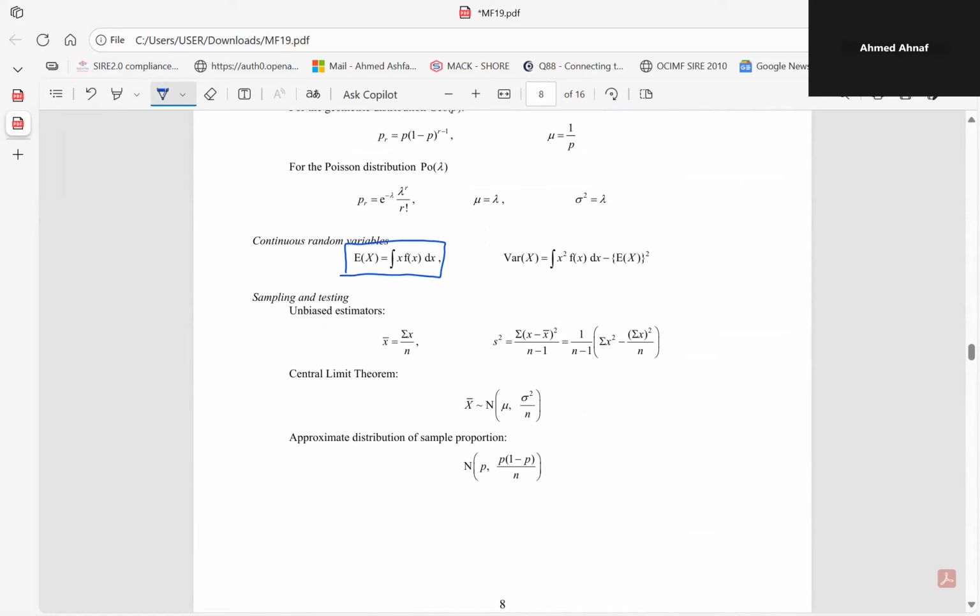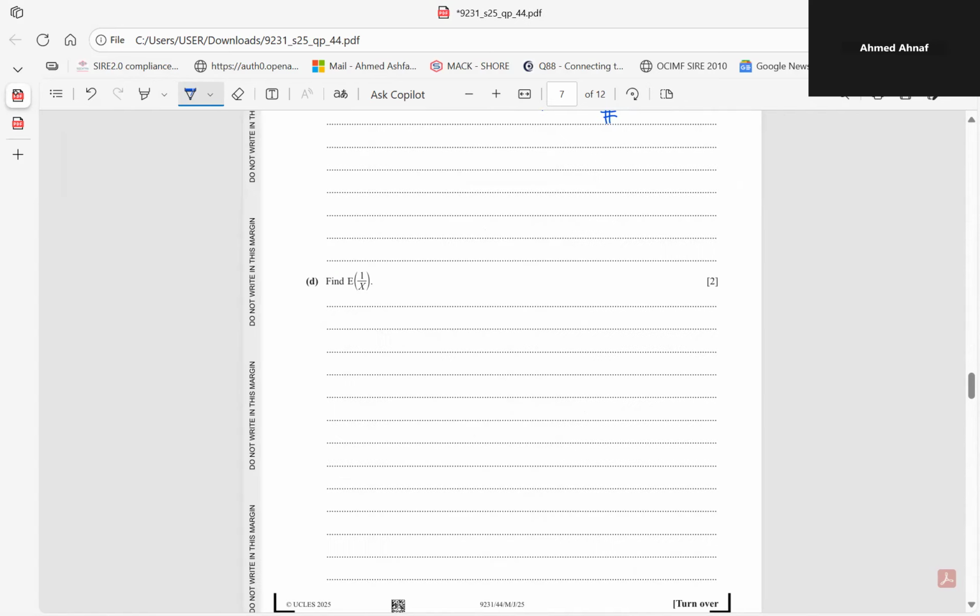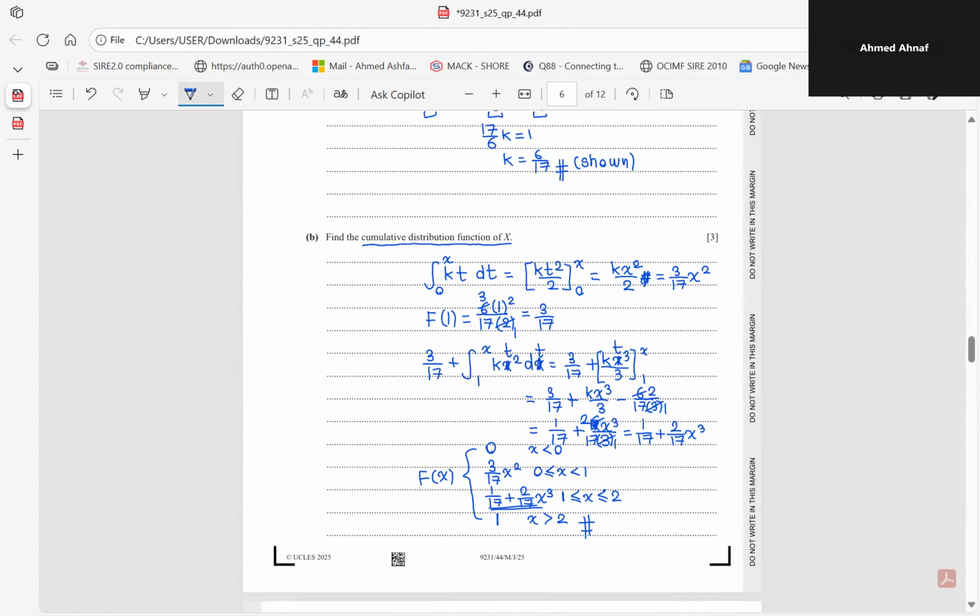E[X] is the integral of x times f(x) dx, so you have to use your probability density function. Let's write that down. E[1/X]. We want to find 1 over x, not x, so instead of multiplying by x, we're going to multiply 1 over x times the first